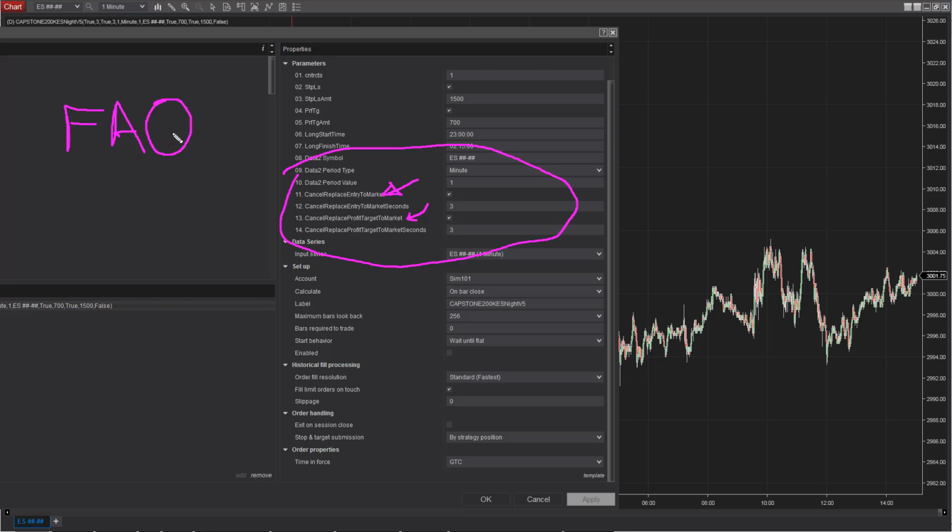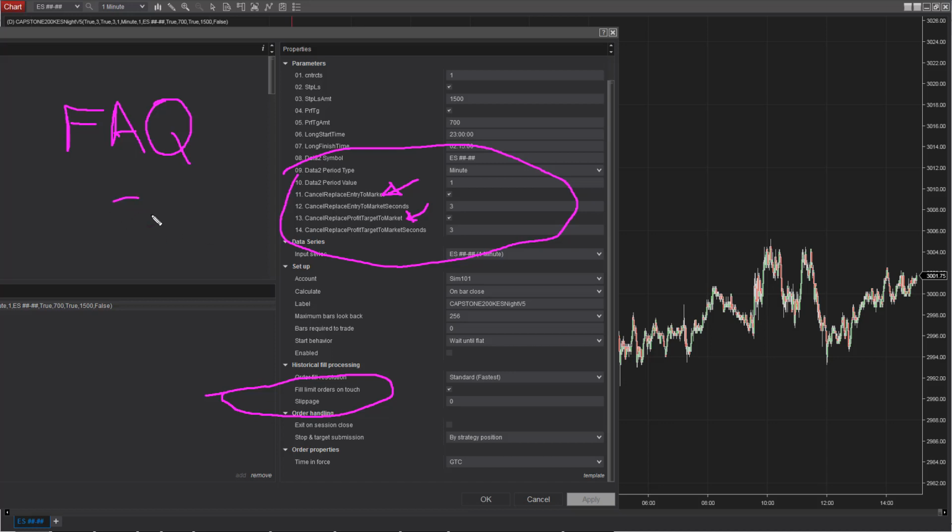I created a special function in NinjaTrader 7 to do this sort of back test liberal fill with open, and in NinjaTrader 8 they added this right here, so you could actually back test fill limit orders on touch. And then when you back test it this way, you want to actually automate it this way. So we cancel and replace the entry to market, and we cancel and replace the exit to market. Sometimes you get a better fill, sometimes you get a worse fill, depending on how fast the market is moving,